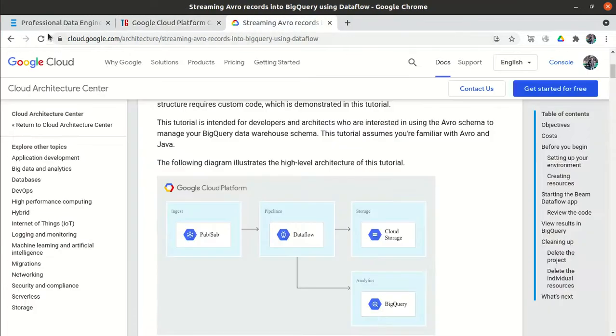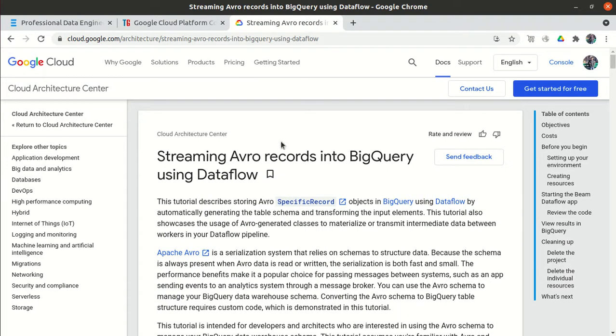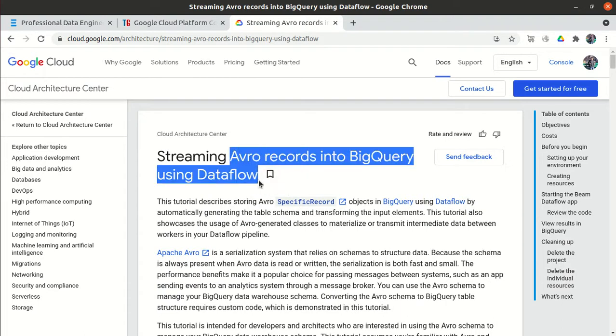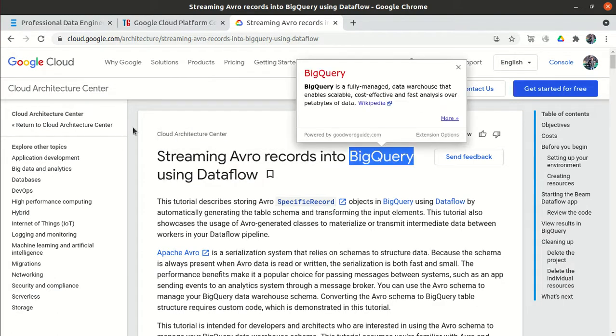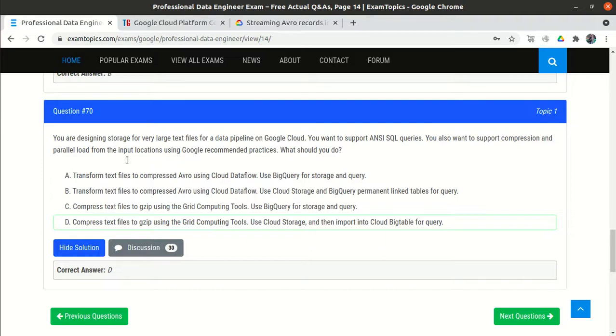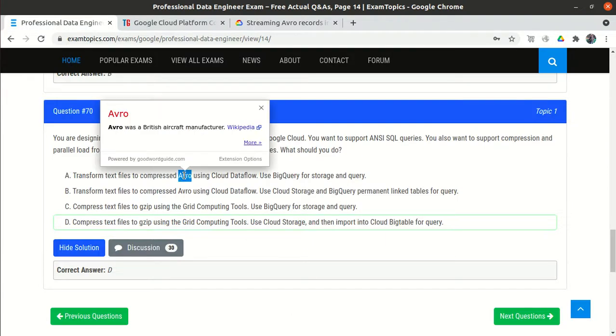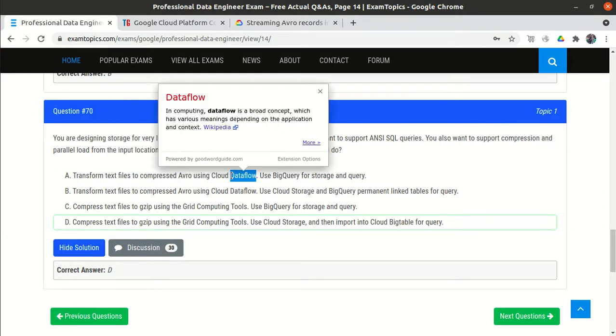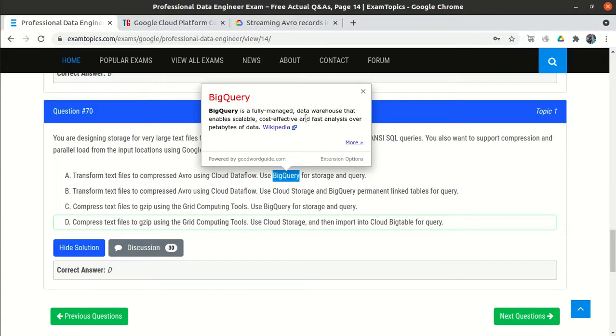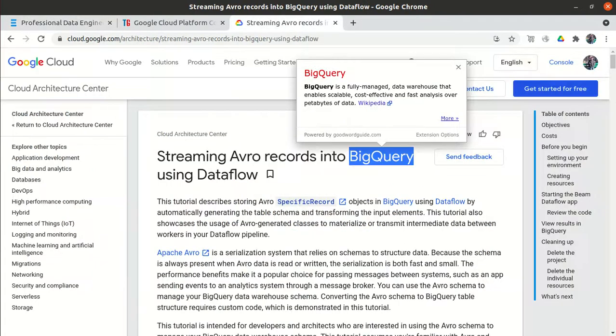Avro is a format which is generally recommended, so we can stream Avro records into BigQuery using Dataflow. We can compress into Avro format, transfer the Avro using Dataflow, and store into BigQuery. So everything looks okay.